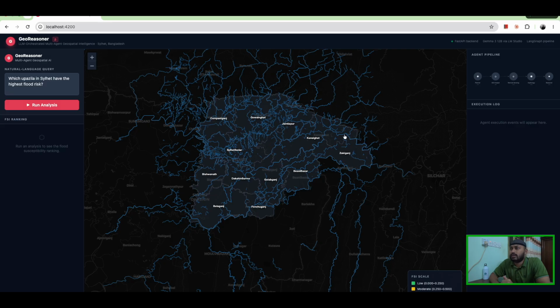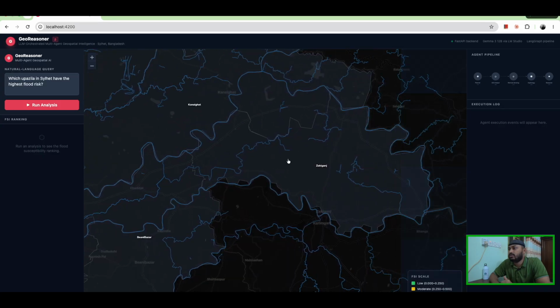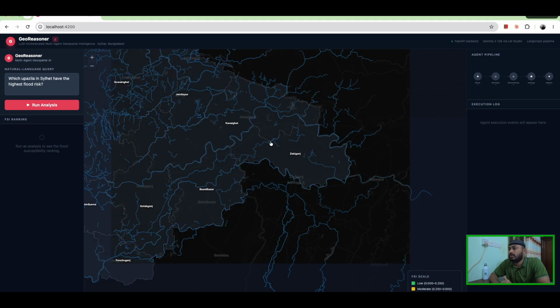This line shows the stream network of the area, and this is the administrative boundary, where you can see the blocks of this area. And this is the agent pipeline,